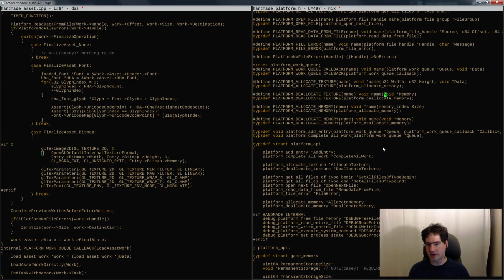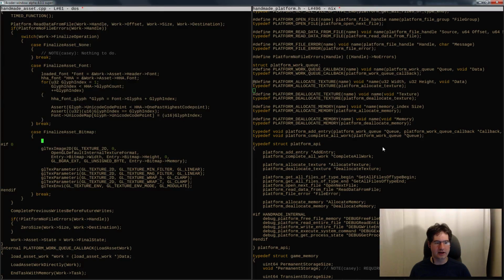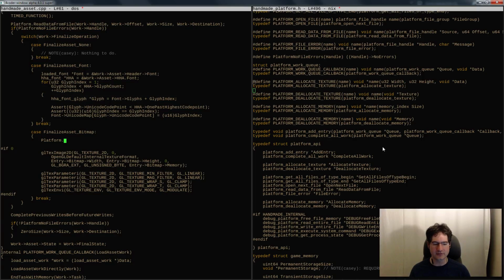And when we deallocate the texture, all we need to do is pass back the handle that it gave us and say, we're getting rid of this now. It shouldn't need any other piece of information, right? Because that's all it handed us back, so we don't need to tell it anything else. It should be able to eliminate it with just that. All right, so if that's what we've got, then in here, after we do our platform read data from file,